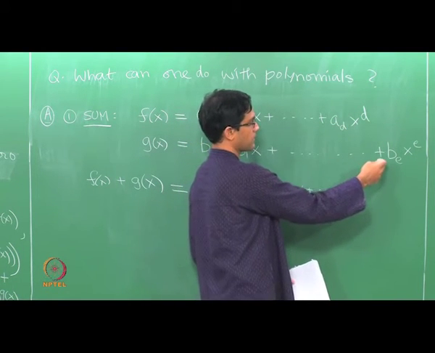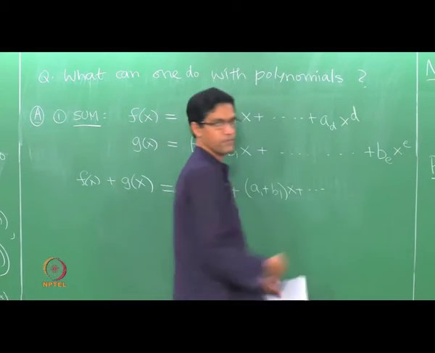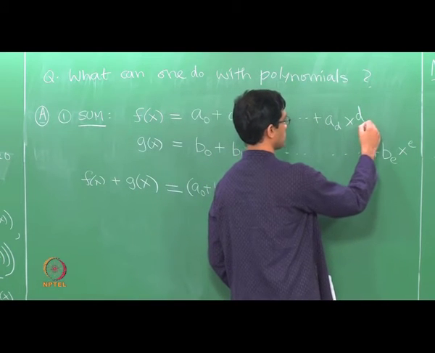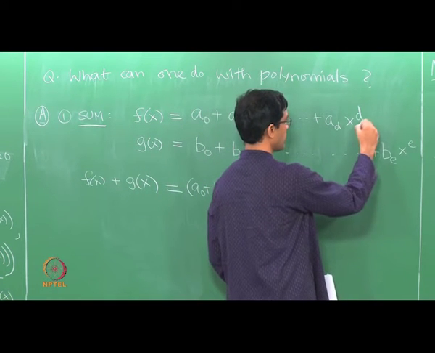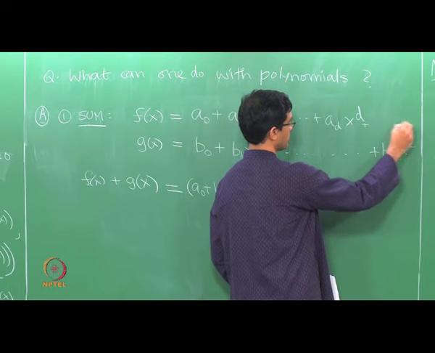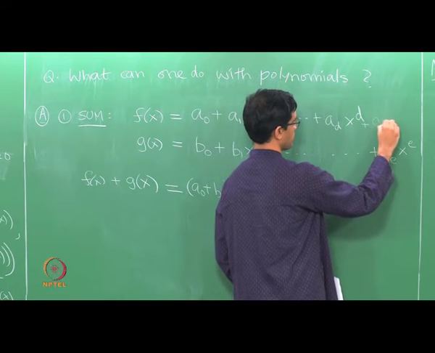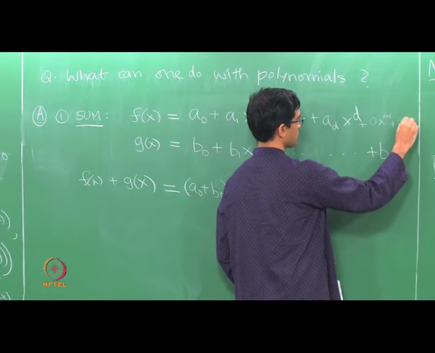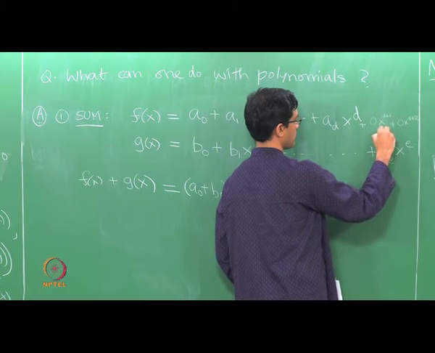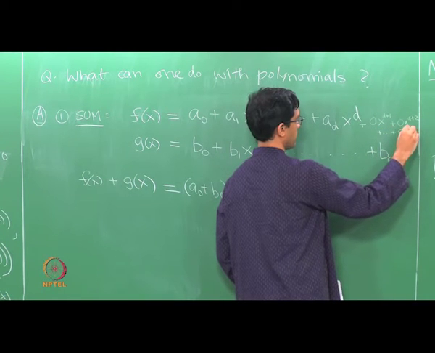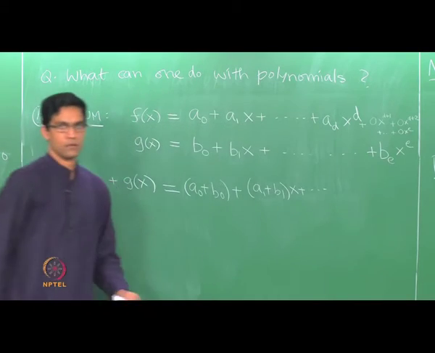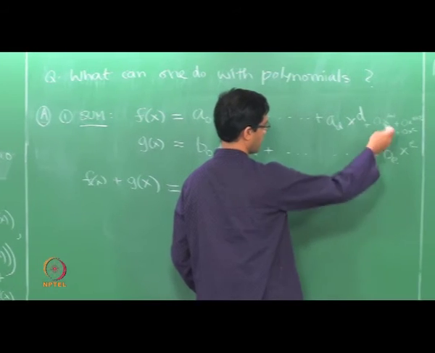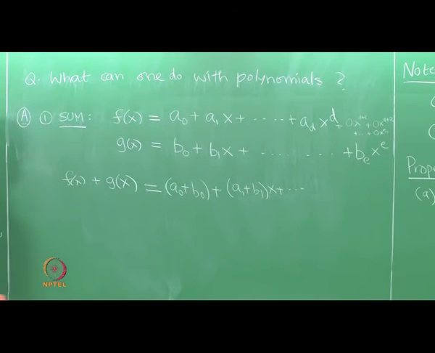Beyond that it will happen that g has more terms than f, in which case you just treat the coefficients of those things as 0 here. So, for example if e is bigger than d, I would pretend that the other powers of x do appear with coefficient 0. So you would think of it as 0 x to the d plus 1, 0 x to the d plus 2 and so on till 0 x power e. That is the way you do the addition, you just keep going all the way till you reach the highest power of x. I am not being too formal about this.